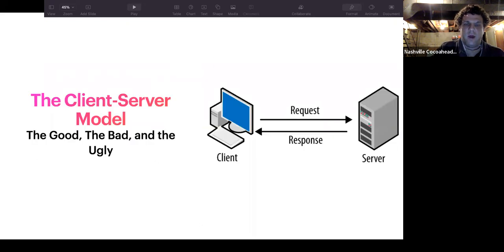Okay, so let's talk a little bit about this client-server model. The good, the bad, and the ugly of it all. If you're a developer and you've worked in development for a little while, client-server is a very basic conceptual approach. But for the uninitiated, real fast, there's the idea that you have a server, basically a computer in a data center in a cloud somewhere, that has